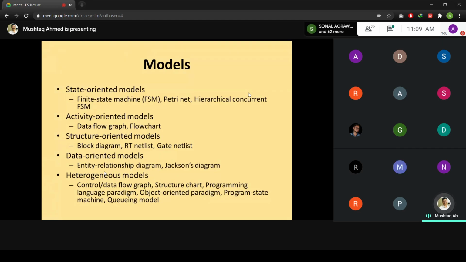Again, we have the register transfer level netlist, the gate level netlist, or we may have the black box type, where there are certain inputs and outputs. So how many inputs are there and how many outputs are there. Pertaining to this, you may have gone through that for every device which we are currently using, they have an address bus, data bus, and control bus.